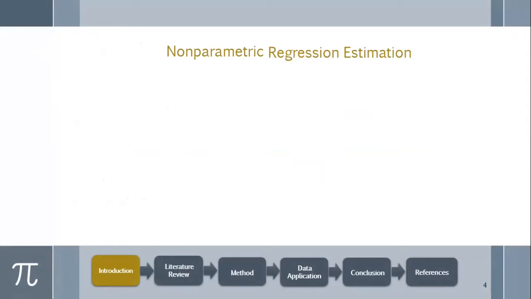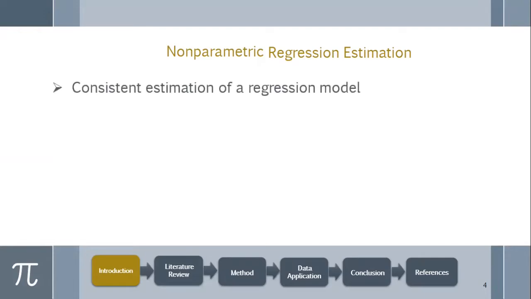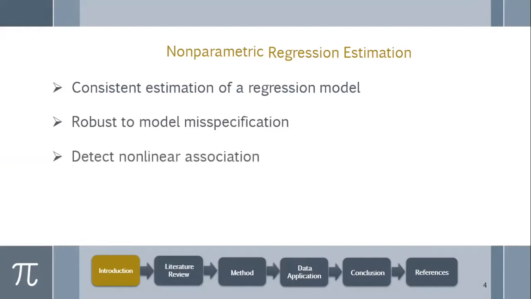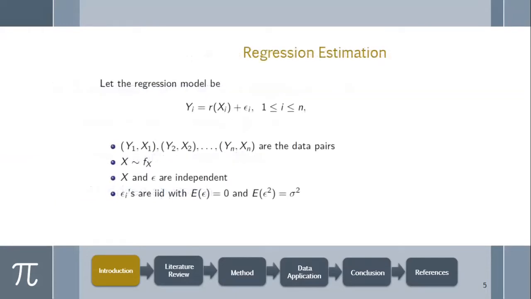In recent years, nonparametric regression models are more popular because first, they provide consistent estimation of a regression model. Second, they are robust to model misspecification. Third, they are really good for detecting nonlinear associations. And the last one, they are data-driven approaches. Okay,